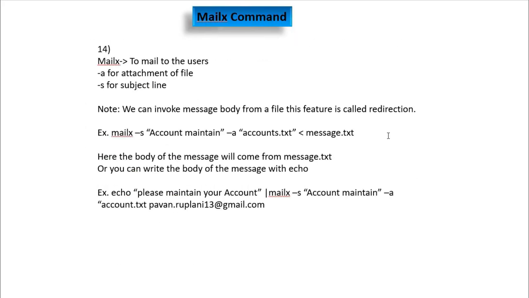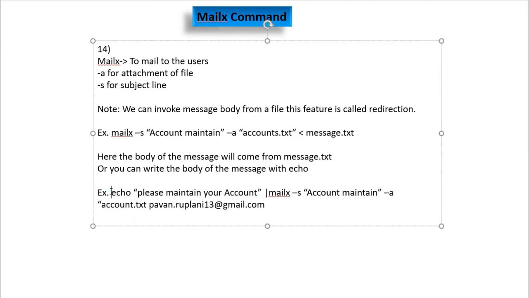Now there is one more command, one of the most important commands available in Unix, the mailx command. Now what is that mailx command? Let's suppose that in the Unix server you have a file, and you want to see that file in the Windows operating system. Then how are you going to send that file from a Unix system to a Windows system? For that you have to use the mailx command, right? Now how do we use the mailx command?